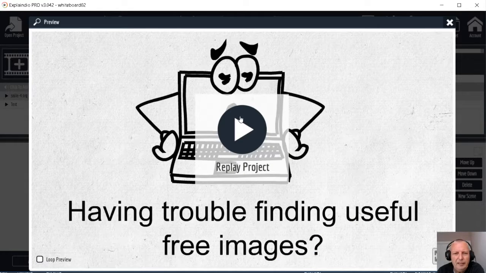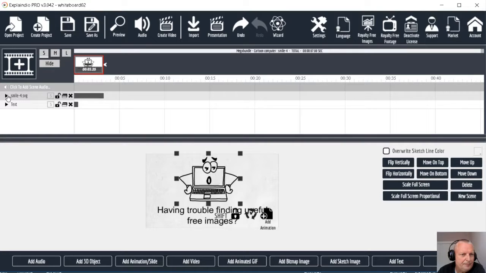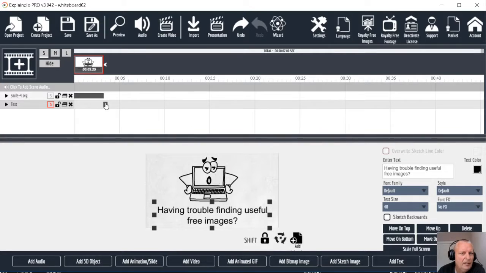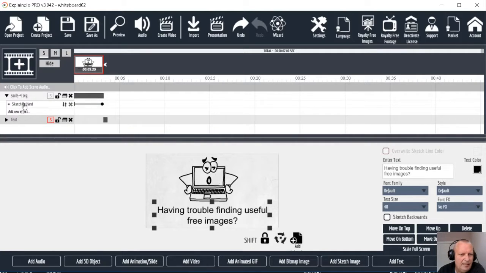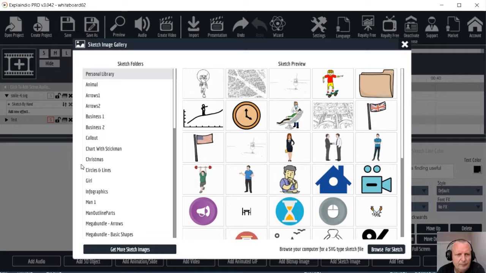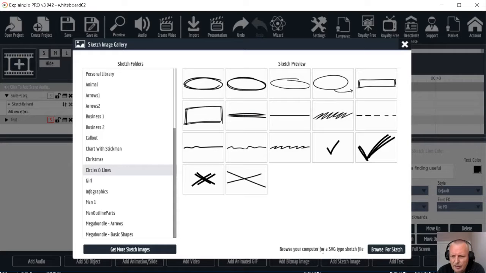Okay, it made the computer by hand, which was fine, but the text was already there, and it's because these are not synchronized. Let's click this S on here, and it would just make the text after the computer. If we drop down here, we can see that that's sketched by hand, which tends to be the default when you add something. If we look at this again and we choose something else,